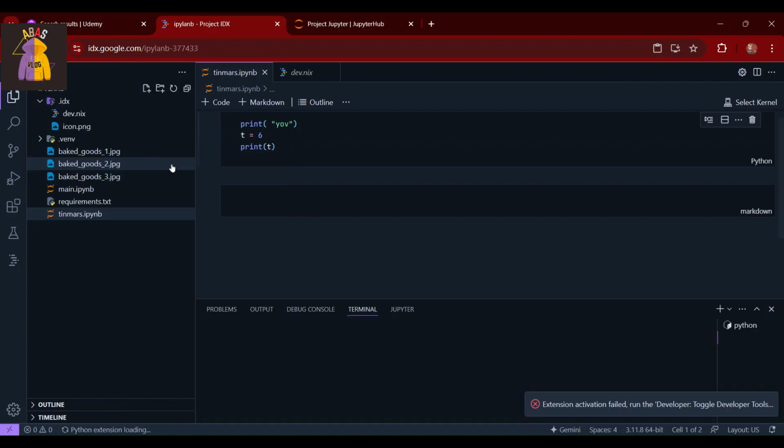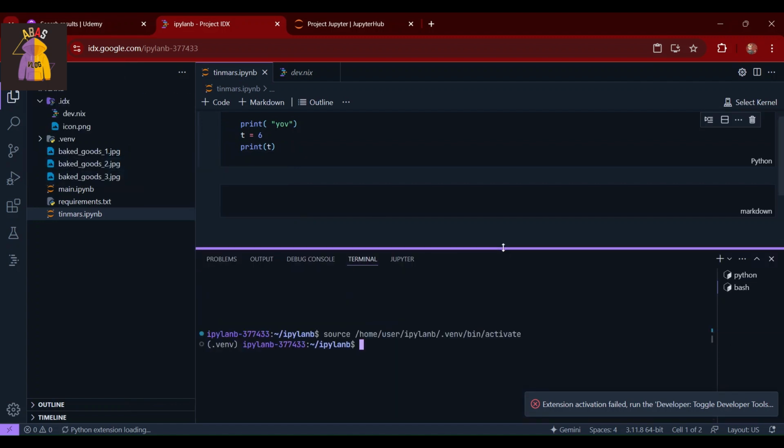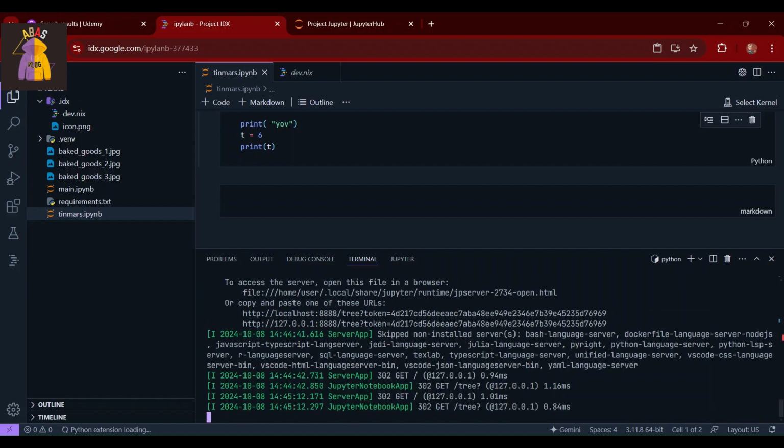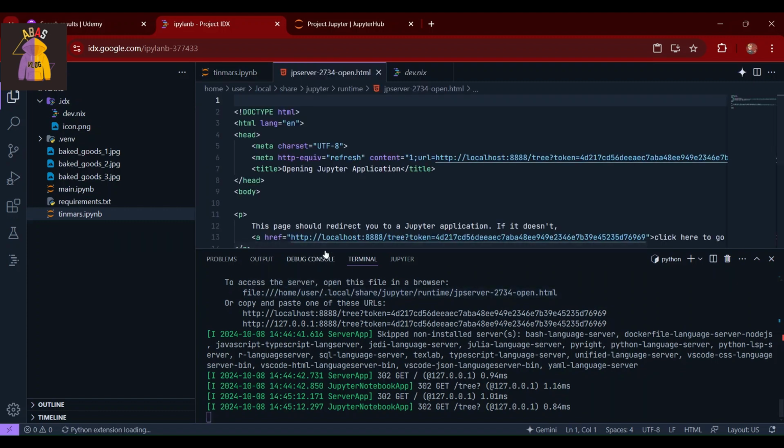Open that new terminal here. After entering the terminal, don't go for this new terminal; delete it and go for the old terminal, where you will find the localhost and the file. Open this file editor, where you will find the same localhost and token.